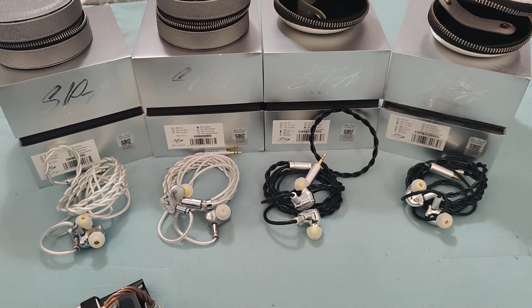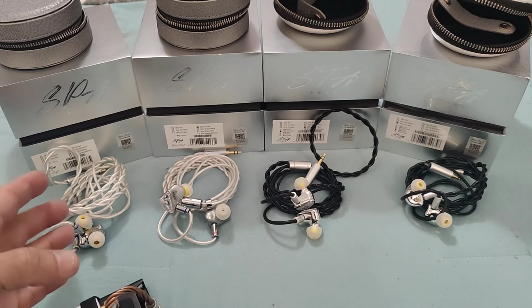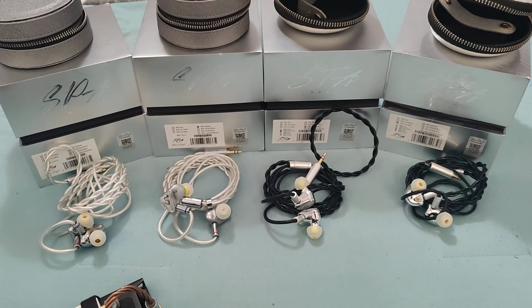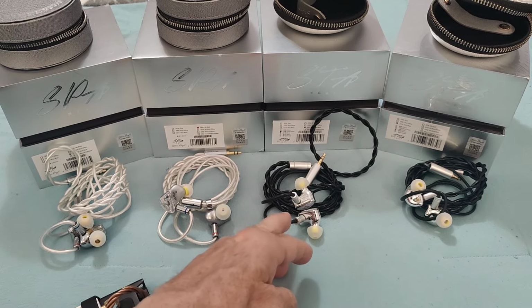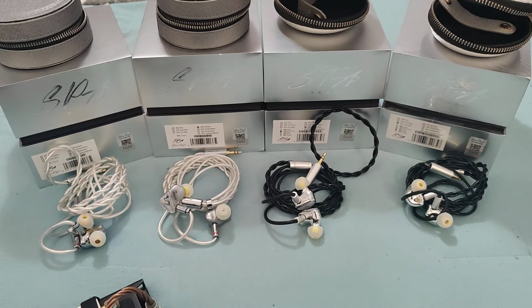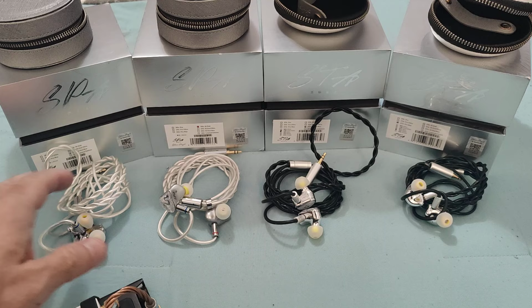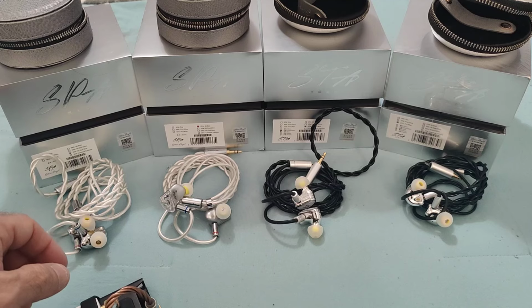I've been getting some of this stuff over the last couple of weeks. I started out with what is basically the top of the line, the STA Hi End Max. Then I decided to try the STA Hi End. Then I decided to see what the double DD units are like. So I tried the STA Hi End Max and the STA Pro Max. And it's been quite an experience in the sense that, as I mentioned when I did the review for the STA Hi End Max,